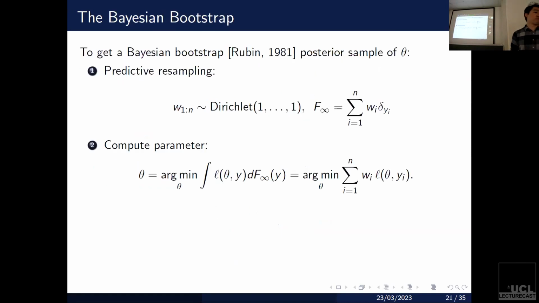So the Bayesian Bootstrap is going to be essentially a special case of the Martingale Posterior, as introduced in 1981 by Rubin. The idea here is that instead of predictive resampling, we know what the limiting empirical distribution is. There's no need to actually simulate it. We know that it's going to be this Dirichlet reweighted distribution, so we're going to compute that. Again, we're going to write F infinity for our limiting empirical because we know that it's just going to be a reweighted version of the empirical distribution. And then you're going to compute this argmin of the expected loss, which again simplifies because F infinity is only going to have a discrete support. So you're going to be minimizing this weighted sum of this loss function where W is going to be random at each posterior sample.